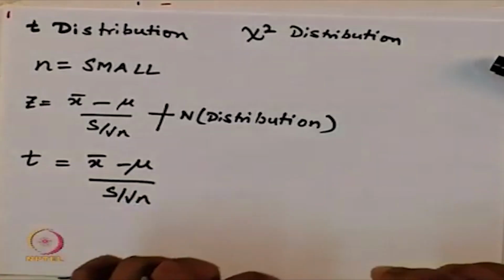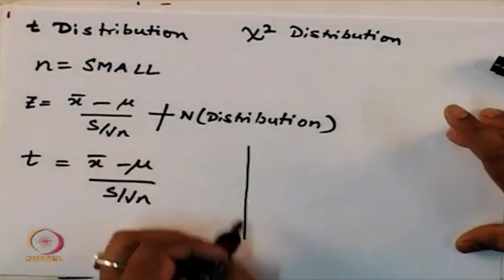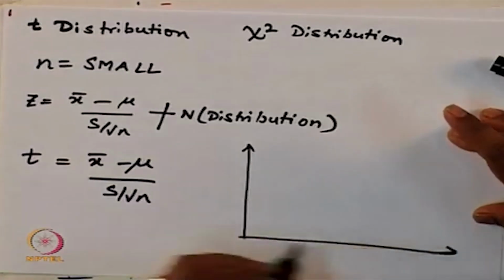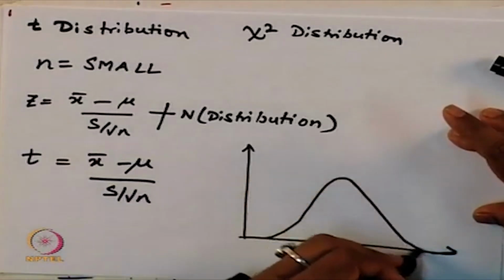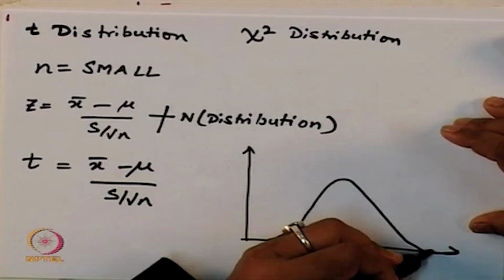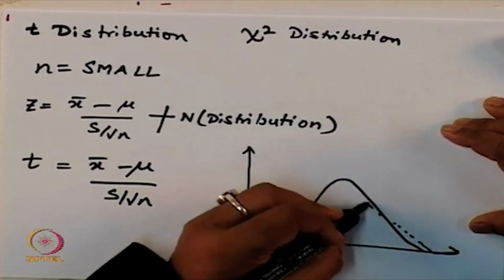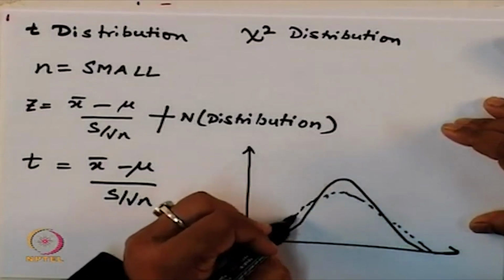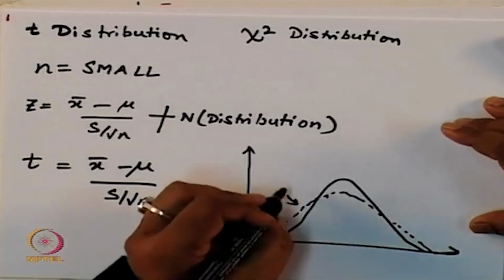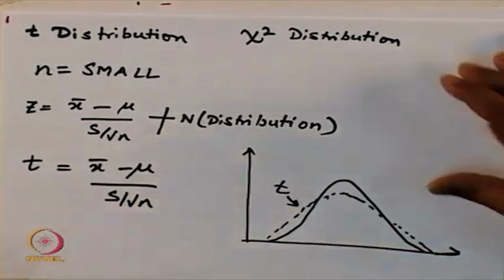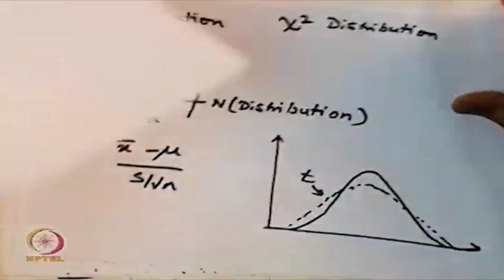which is called the t value. As opposed to the normal distribution, the t distribution is much flatter with longer tails. So, this is your t distribution. The way to use a t test is to look up the t table,